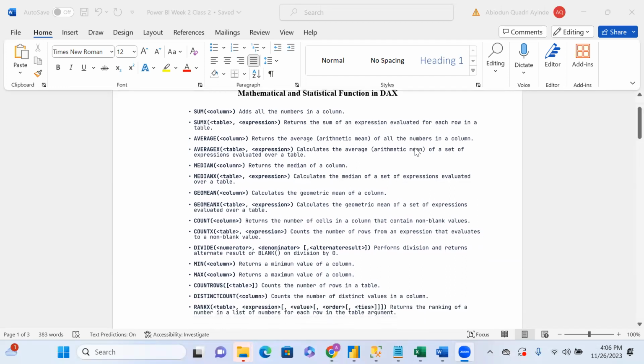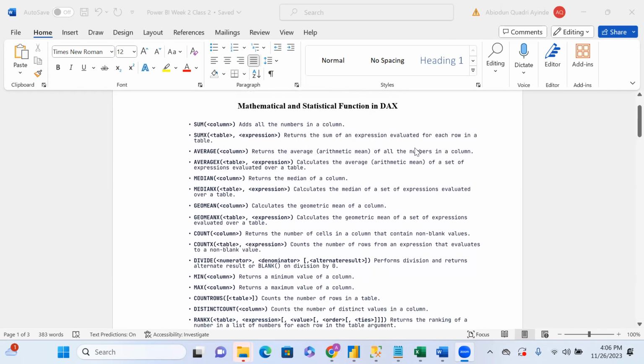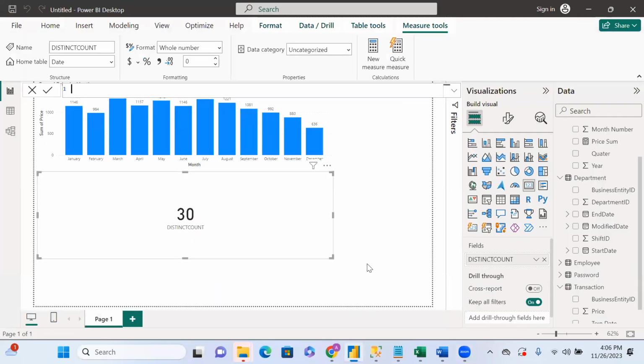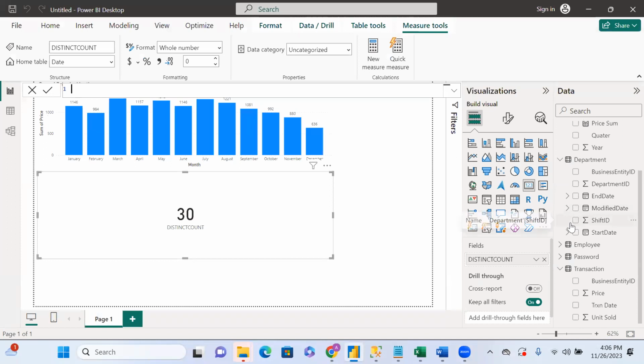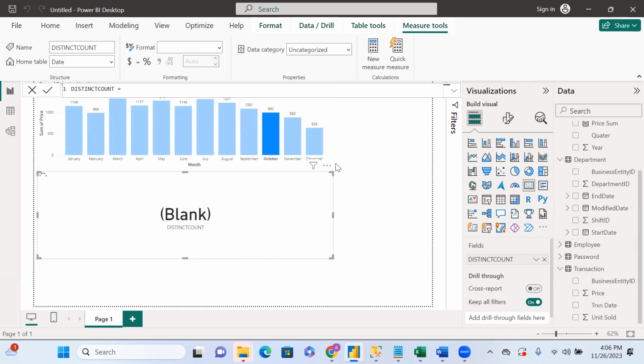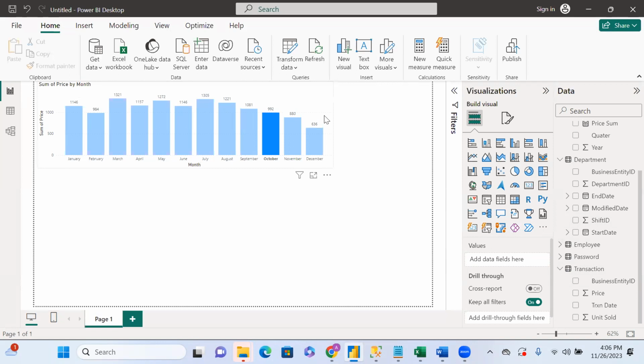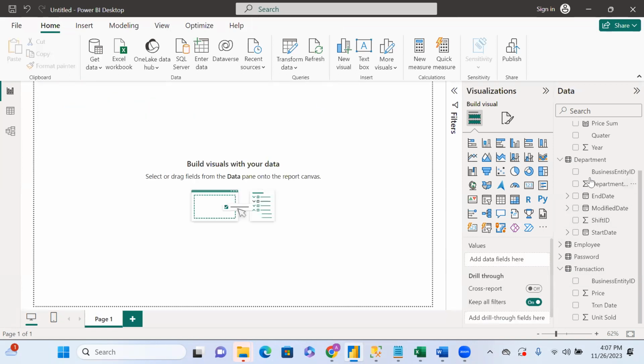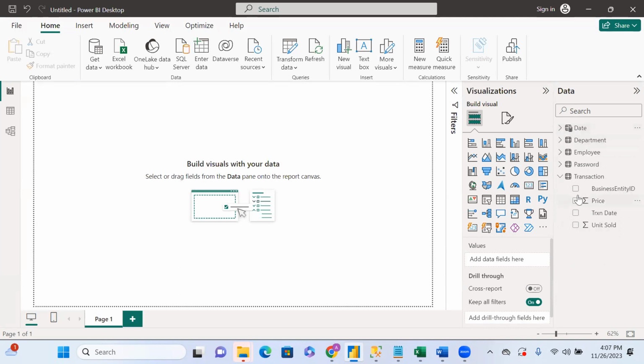So in today's class, I will be using a transaction table that I pulled into the data set yesterday. Let me show it to you. So I pulled this transaction table. Okay, let me just close this. So yesterday we pulled in the transaction table here, and also we were able to pull a direct query using